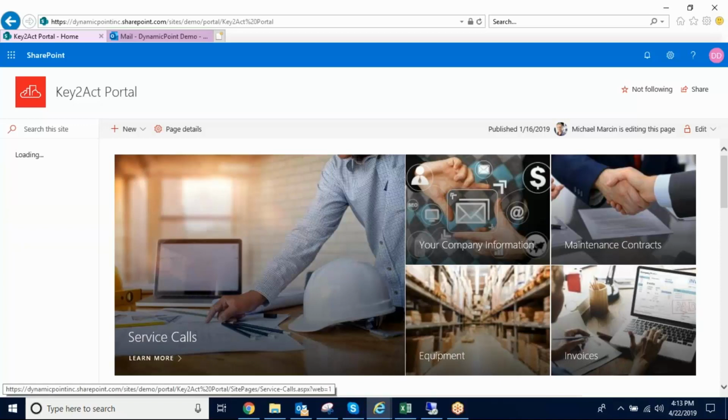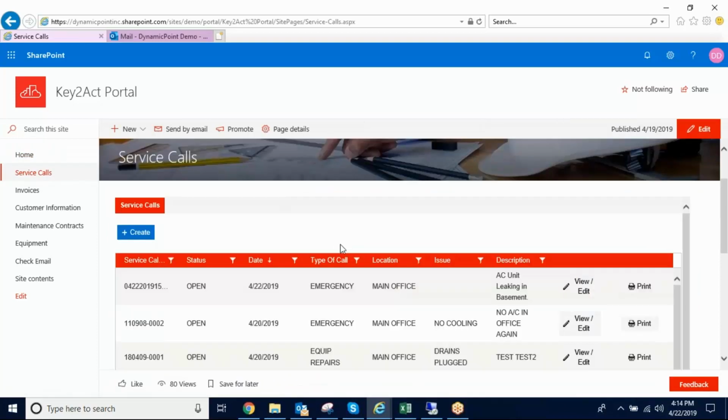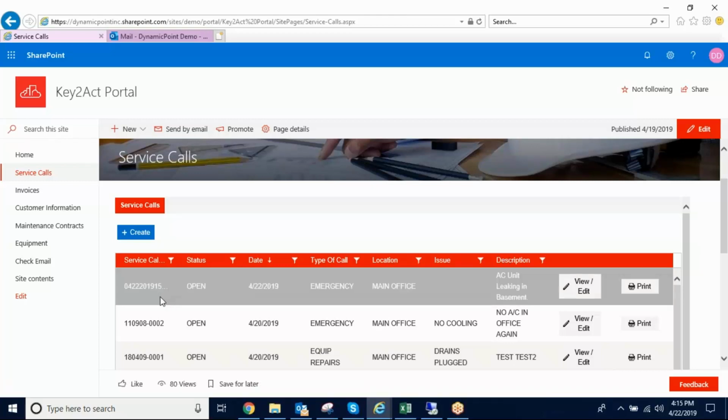Now, whenever we're speaking with any of our Key2Act prospects, we know what's near and dear to your heart is those service calls. You want the customers to be able to confirm a status of a service call as well as create one. So we'll take a peek at that here today. So within the portal, you can query the service calls unique to this account for Accurate Printing, and you have the ability to set up this grid with the information that you find most critical. The service call number, a status, the date, the type of call, what location, anything specific to the issue, and even the description.